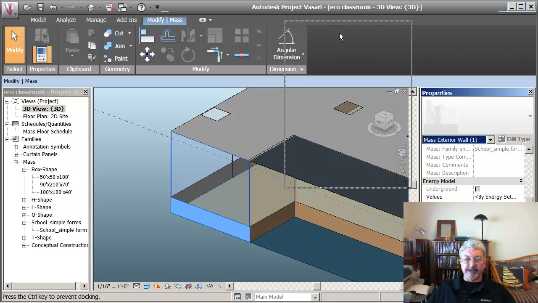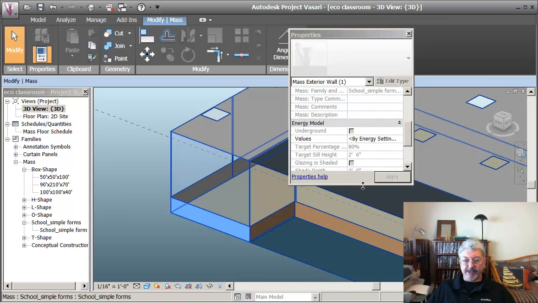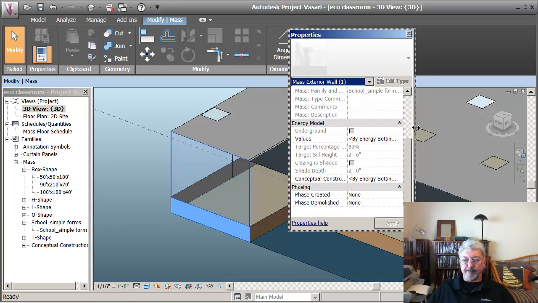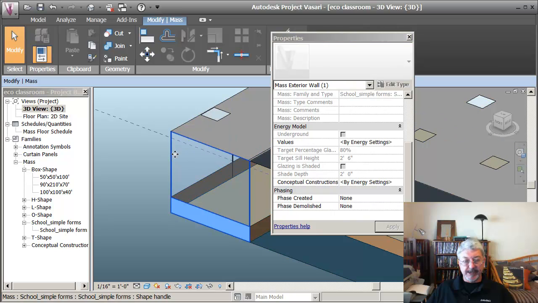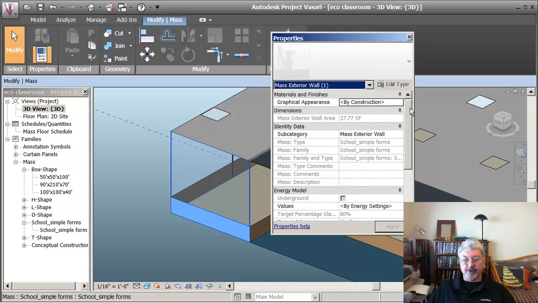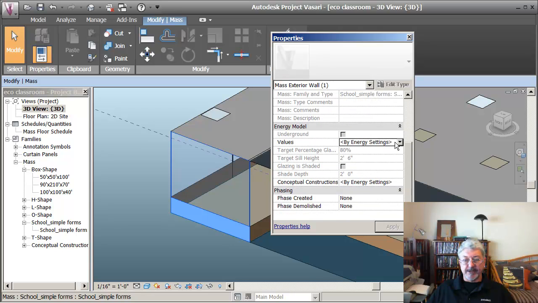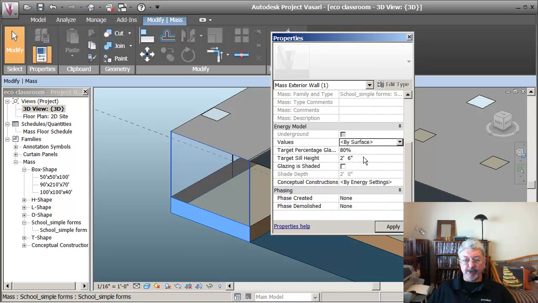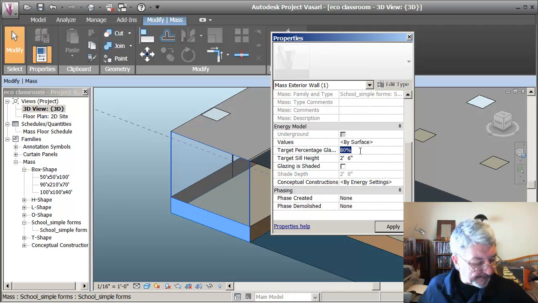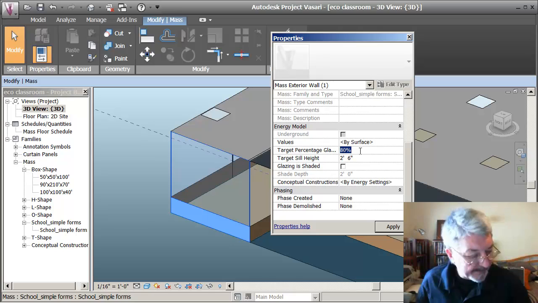I'm going to move this out in case my movie capture screen gets in the way, let you read it a bit more easily. So here's the exterior wall, and I scroll down to find this information. I'm saying I don't want the values set by the energy settings, which was my 80% glass, but I want to do this by surface. In this particular example, if I just refer to my notes for that side of the building,